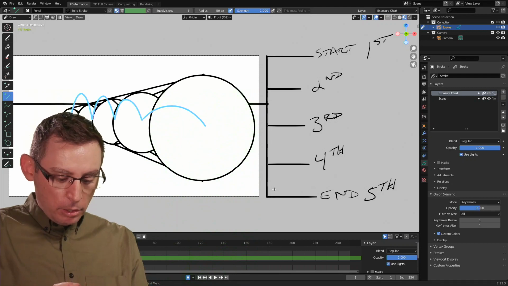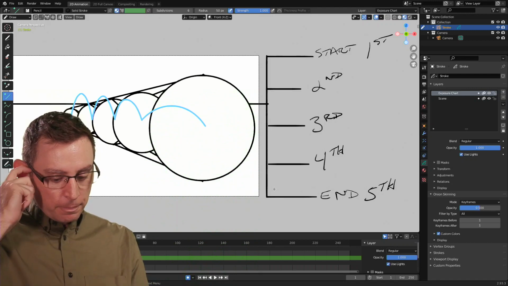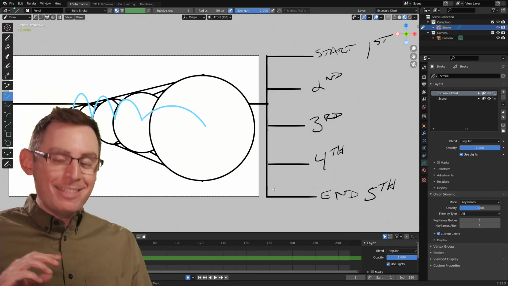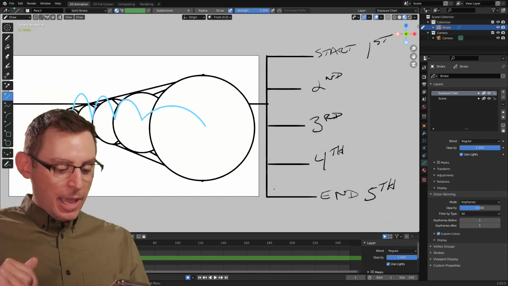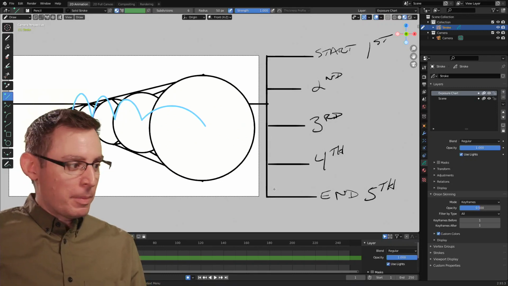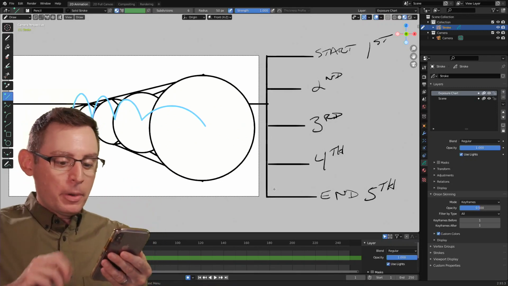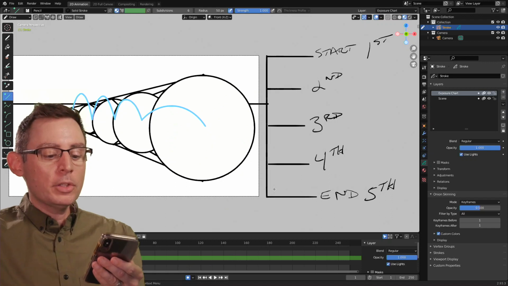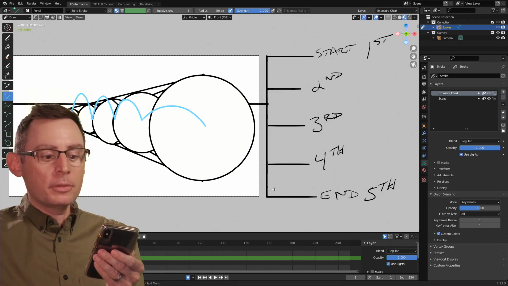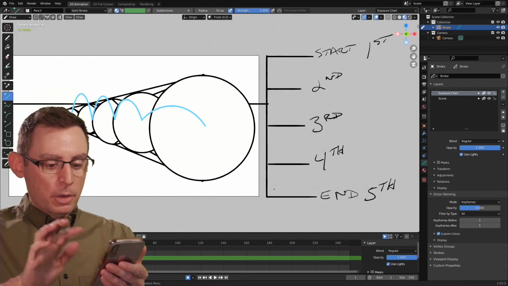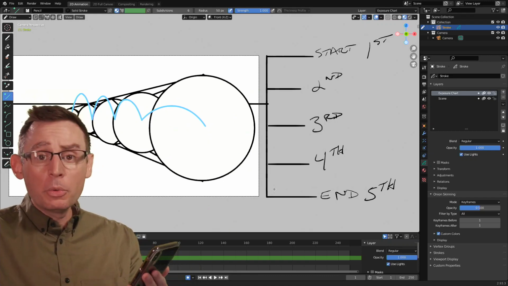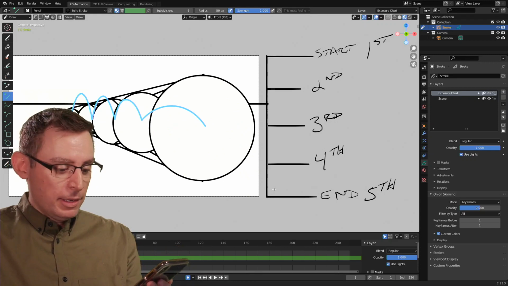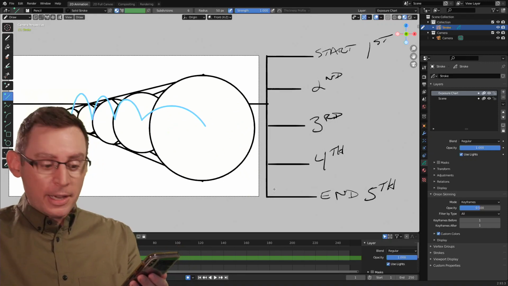Now I'm gonna use on my cell phone here the lap functionality in the stopwatch itself. And this lap functionality will allow me to hit a button every time I want an animation to happen. Now I'm gonna put it up here. So I'm gonna hit the start button. So first jump, second jump, third jump, and 4th jump. Okay, so I know that the first jump was about a second and a half in. The second jump was about a second after that.